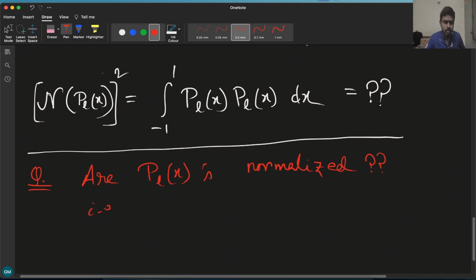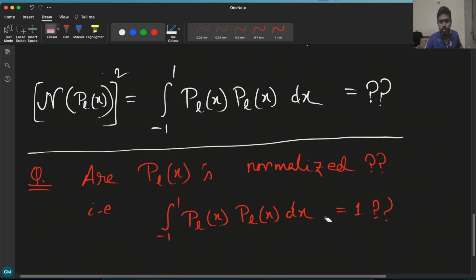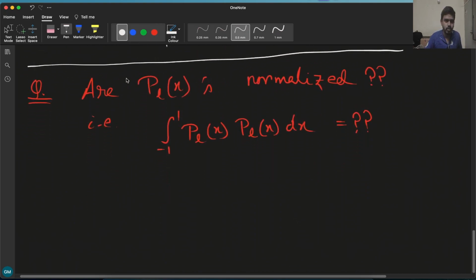That is, is it 1 or not? Okay, so that's what we want to know. So to find out the value of the integration of P_l(x) squared dx,